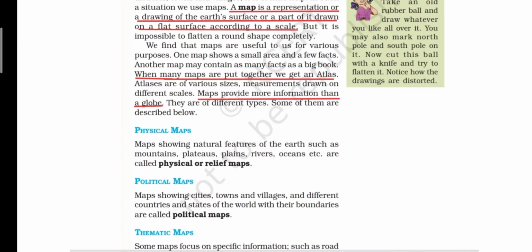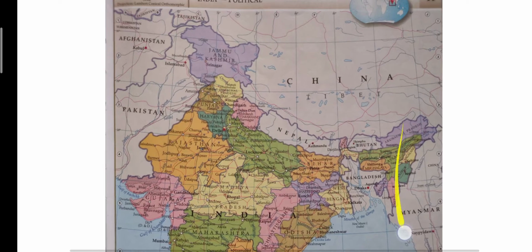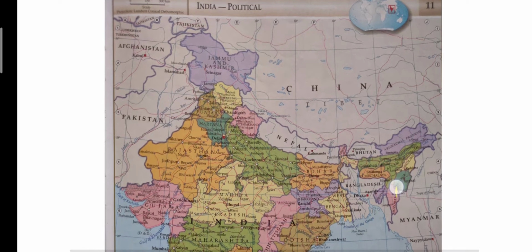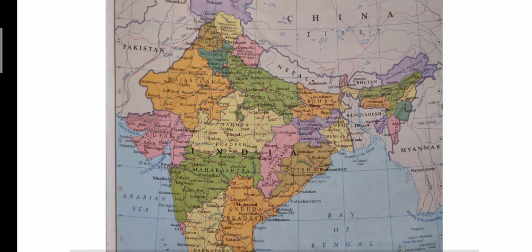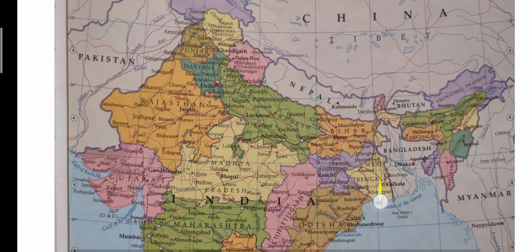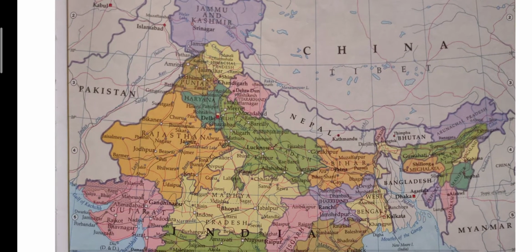So, children, political map is also using bright colors so that we can easily distinguish the boundaries. For example, here, this is a political map of India, and you can see here various colors have been used to show different states, and you can also very clearly see that each state has been bordered, or each state will have its boundaries.